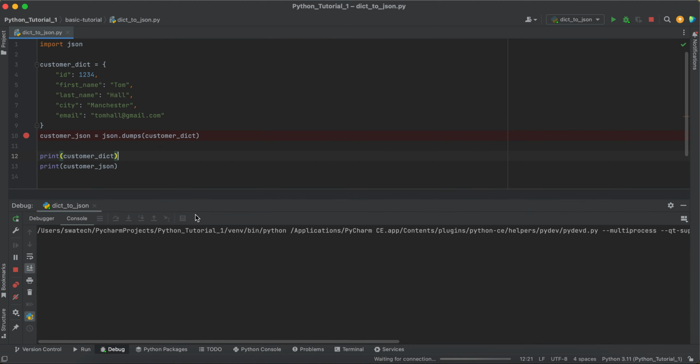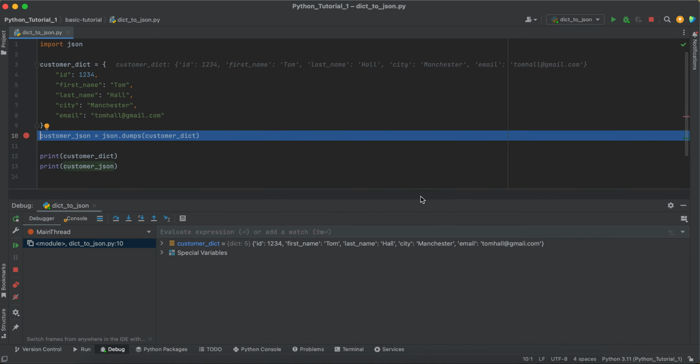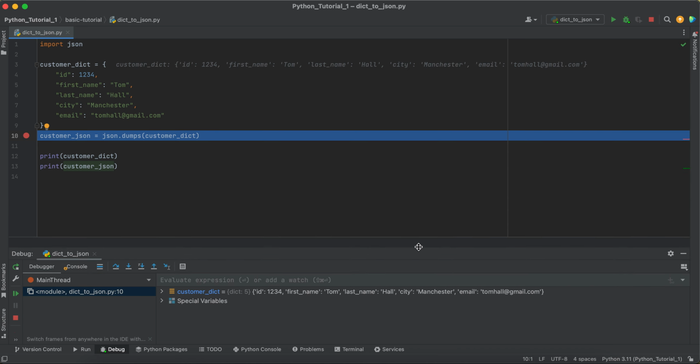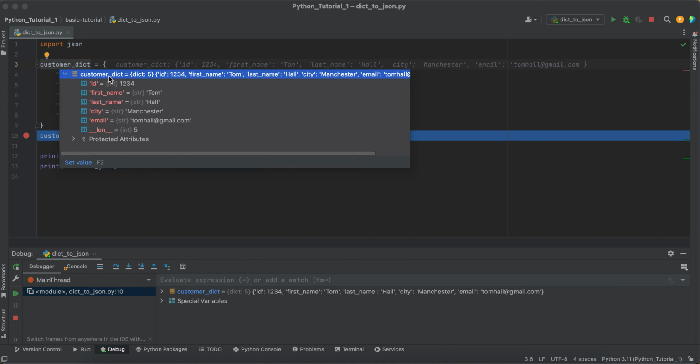And if I debug this and show you how the dictionary looks by hovering my mouse pointer, it is like a list if you see here, and it displays all the elements, like what is the probable data type of this particular element, what is the data type of the rest of the elements as well. It gives you the length, so in a representation way, it is almost like a